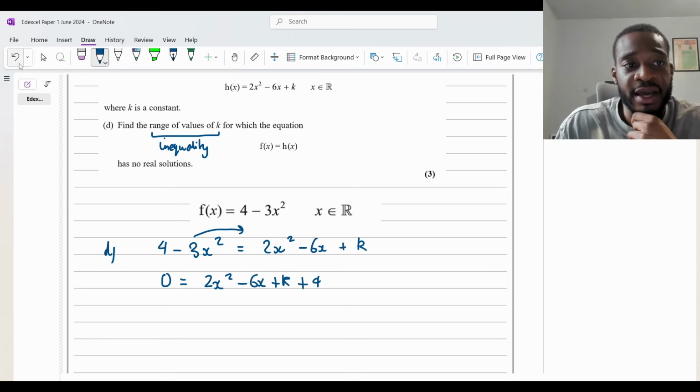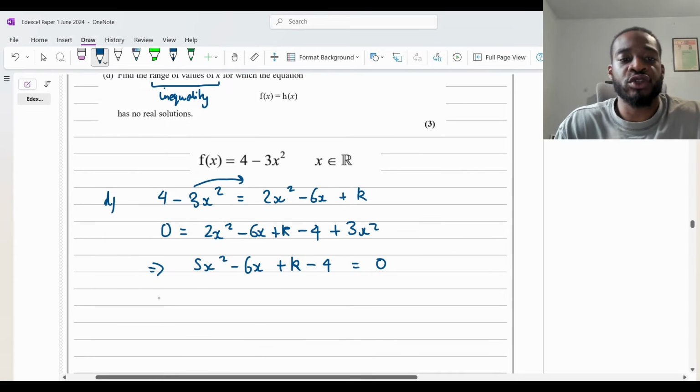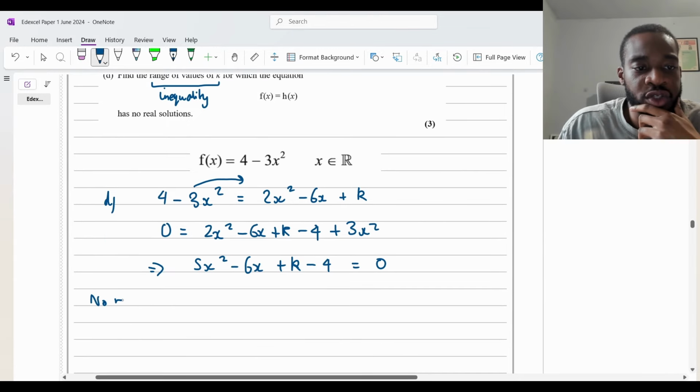Sorry, not plus the 4, minus 4, isn't it? Because I'm taking it away. So I'm going to take away the 4, so minus 4, and then I'm going to add on the 3x squared like that. So that means 2 plus 3 is 5, 5x squared minus 6x plus k minus 4, isn't it? And this has to equal 0. This is our quadratic. Since there are no real solutions,